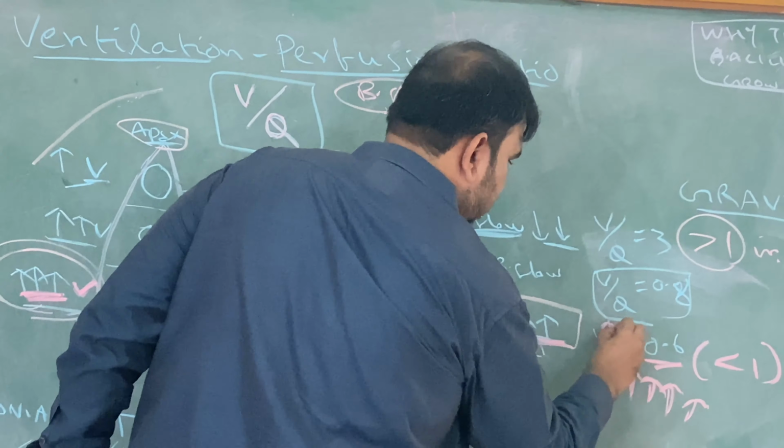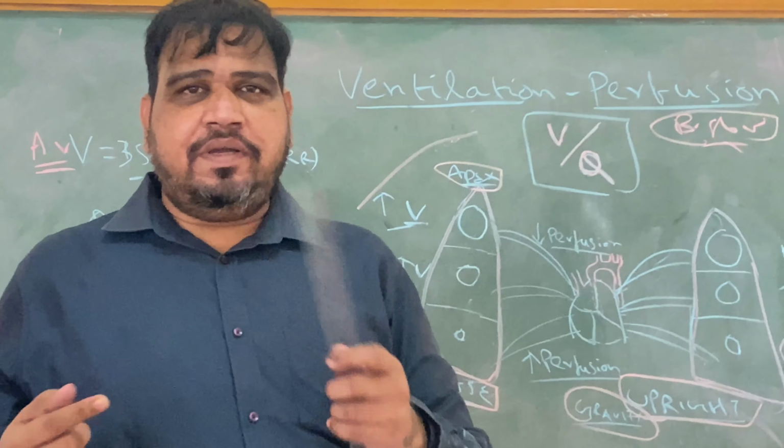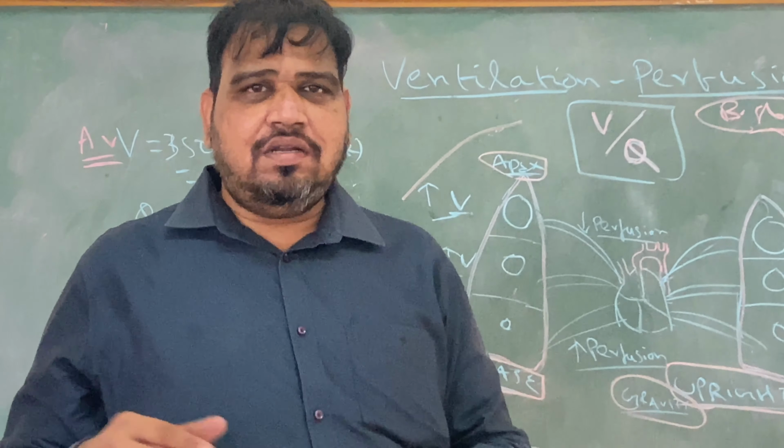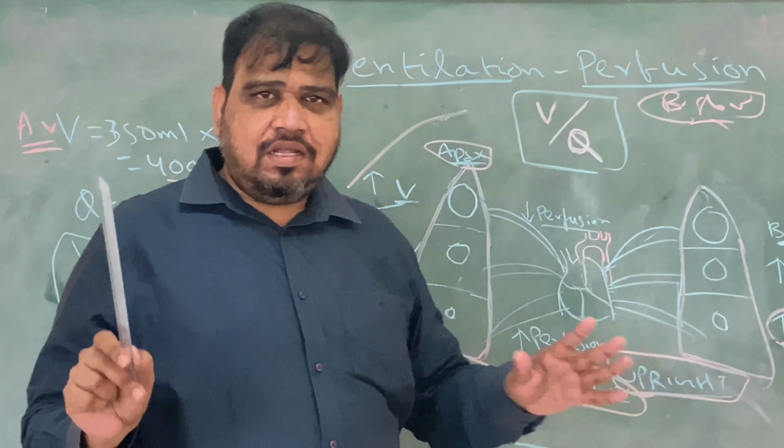So I again repeat, in the apex of the lung, the ventilation perfusion ratio will be greater than 1. In the base of the lung, the ventilation perfusion ratio will be less than 1. So don't confuse. Usually students get too confused. When you ask the question, what happens to ventilation perfusion ratio in the apex? Immediately students will try to tell it will be decreased. But just note down the important point: ventilation is decreased in the apex. Perfusion is decreased in the apex. But when it comes to the ratio, the ventilation perfusion ratio is increased in the apex of the lung.